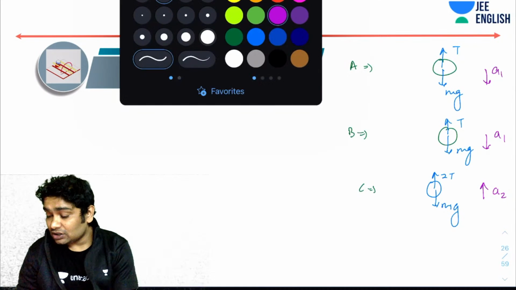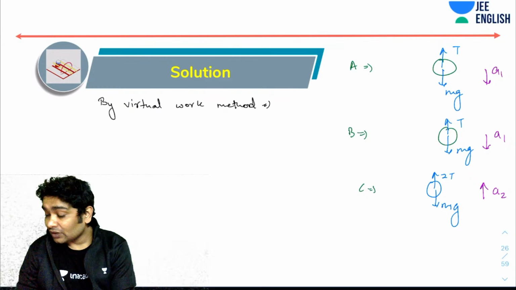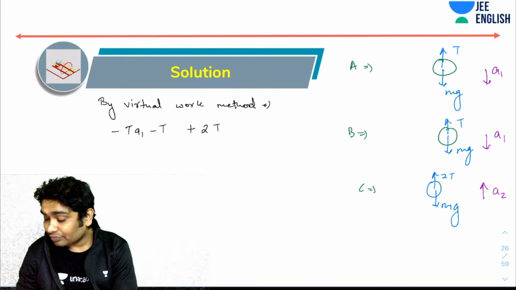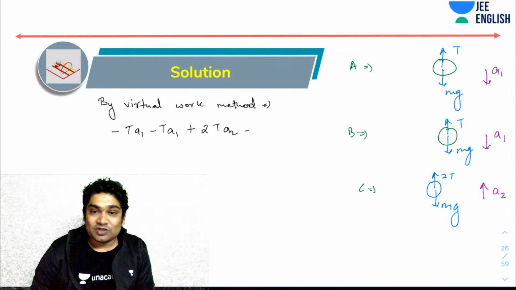Now, if I write the equations, by virtual work method, I can relate these accelerations, right? What do I get? First of all, I get minus t times a1 minus t times a2 plus 2t times a1 again, plus 2t times a2 equals 0. What you realize from here is that a1 equals a2 in fact. So all these masses would be moving with